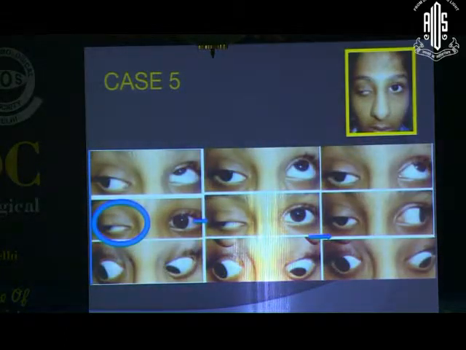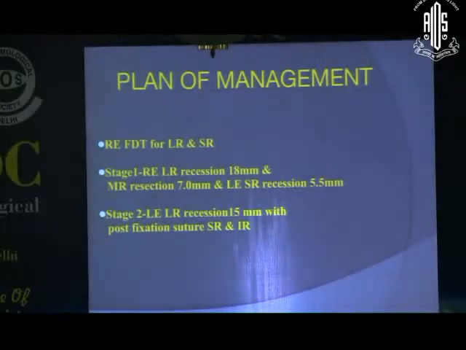So let us move on to the next case. This is a right eye exotropia with hypertropia again, but it is a complete third nerve palsy. It is a similar case, so I will just finish it very fast. You can see the ptosis is again improving in adduction and further improving in dextrodepression. So what we planned, actually it was a staged surgery in this case. We planned again the FDT for the right eye, for the superior rectus and lateral rectus.